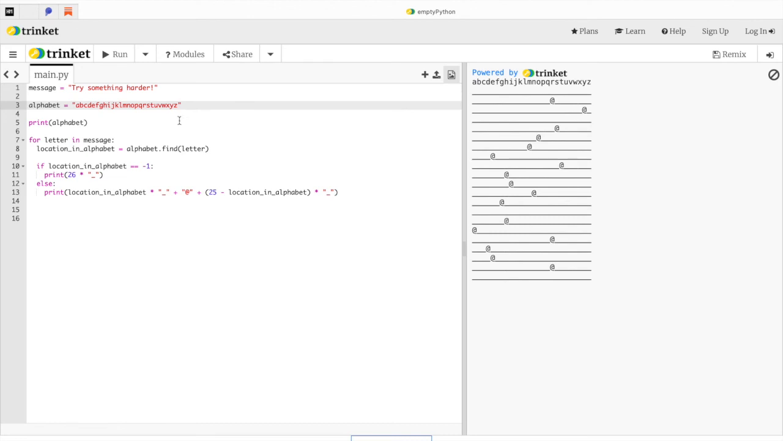So we need to do something. We need to say this message needs to be turned completely into lowercase, or completely into uppercase, and then turn the alphabet completely into uppercase before we try and find our letters inside that alphabet. So Python actually gives you a really easy way of doing this. I'm just going to tag on to the end of our message here. I'm just going to tell it, take this and make it